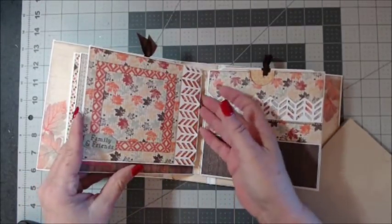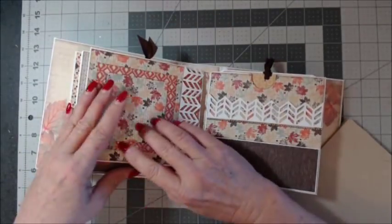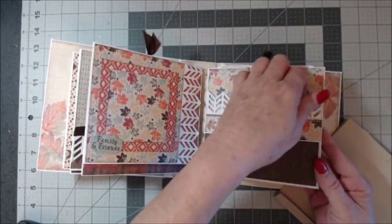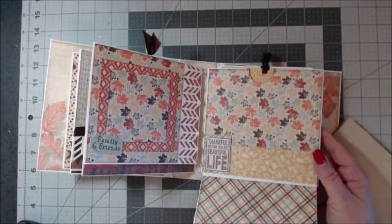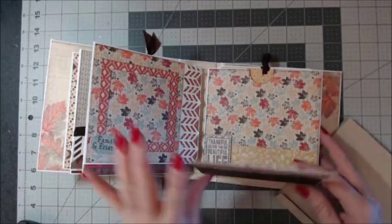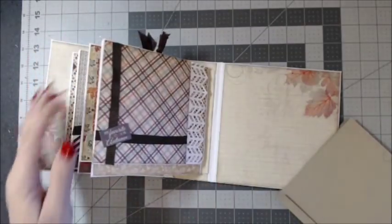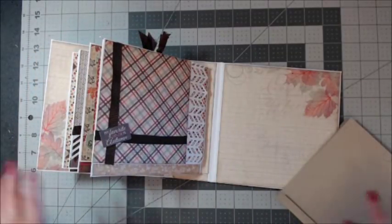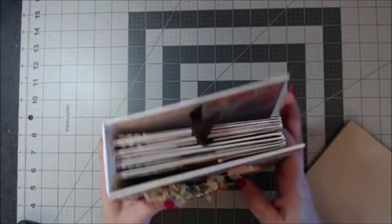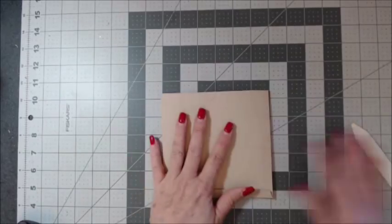You can add another one on this side if you want to come this way, and this way, and then open it up. See, there's all kinds of things you can do with this interactive page using one sheet of cardstock, a 12 by 12 sheet of cardstock. And those ones that I made a mistake on, I'll be using those for my other flaps and that. Okay, so